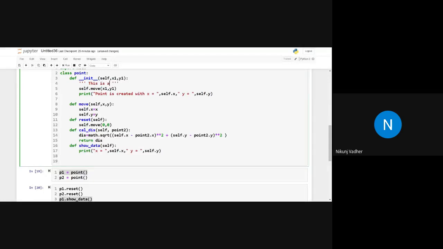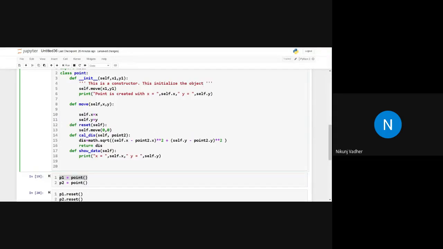Let's say this is a constructor that initializes the object.